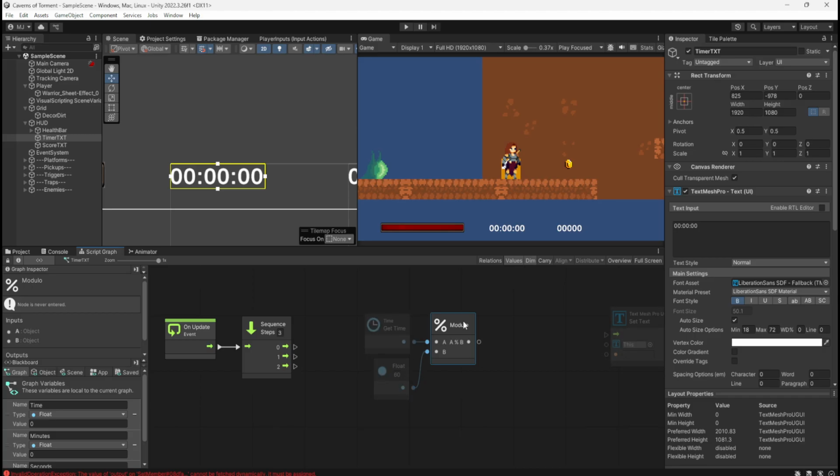So time 60. Time divided by 60 modulo 60. Time divided by 3600. Okay. So what is this? Is this bit for the seconds? This is getting us the seconds. Is that right?